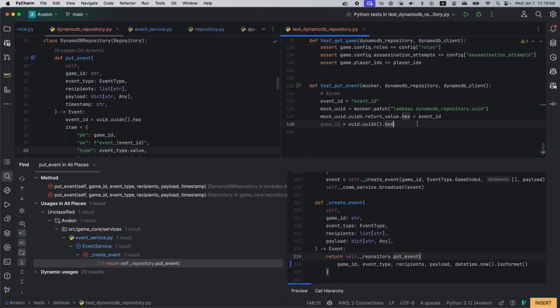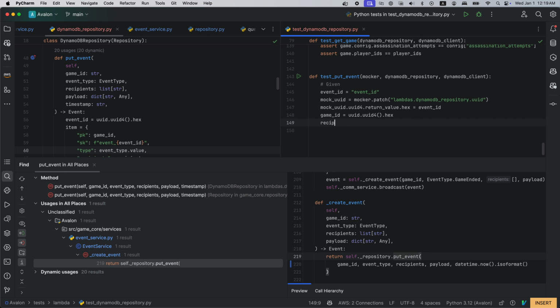Anyways, okay, so game ID equals this, recipient equals player ID 1, payload equals key value, key 2, key 3, and key 4.